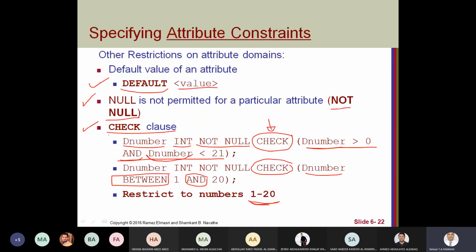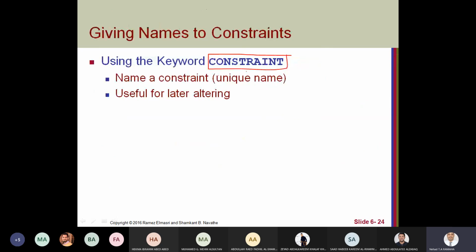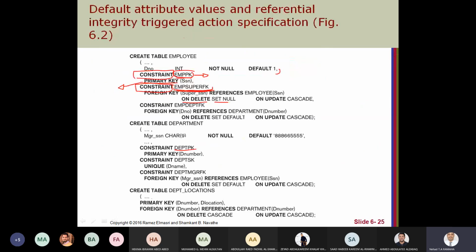Here, the check clause checks the values of this attribute, key number, and we saw some examples. We can use that check separately also, here at the end of the table, before the comma. You can make the check for the attribute.